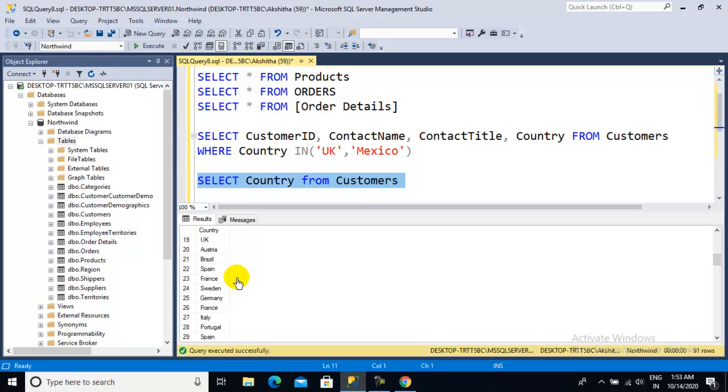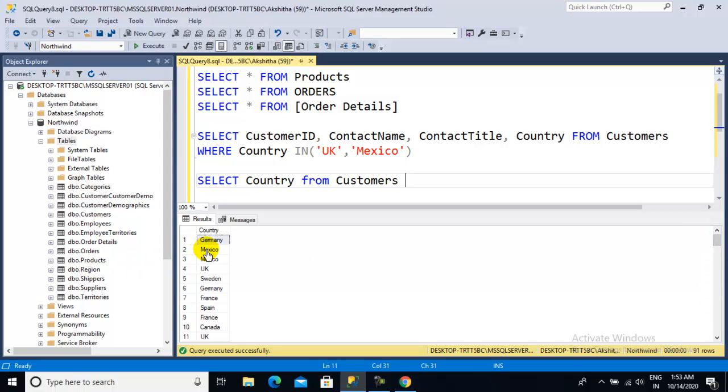See here how many countries we have. Different customers belong to different states, different countries. So for some cases what we need is to filter duplicated values. For example, in my case, I need to know how many countries are involved in this query.